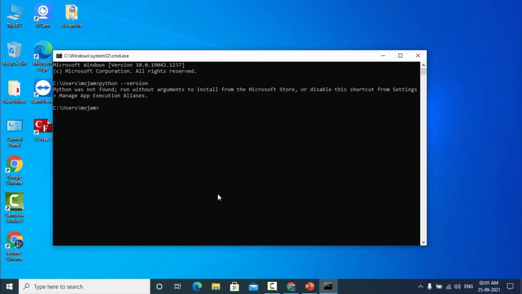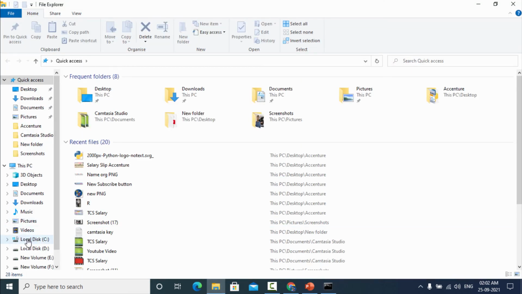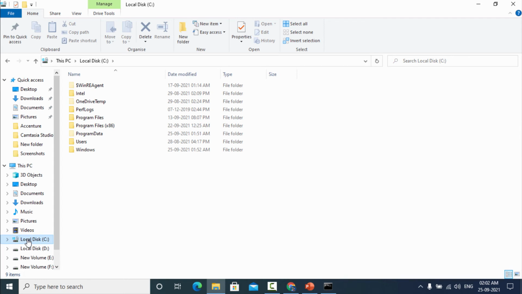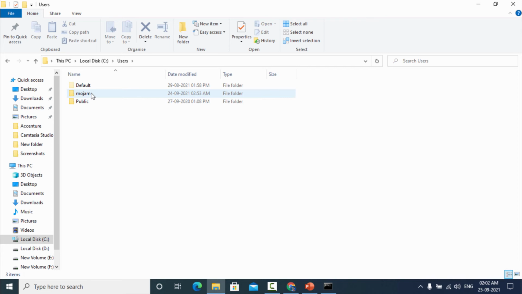So we have to set it manually. For this we have to go to the exact location where Python is installed. Open File Explorer, go to the Windows disk, and open Users.